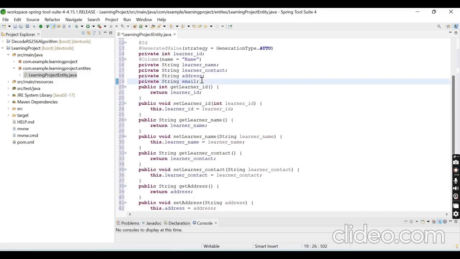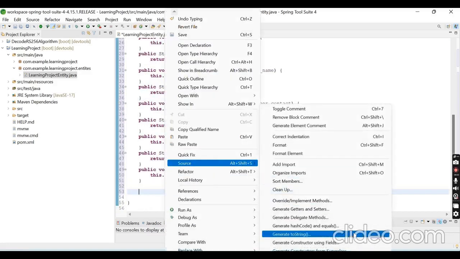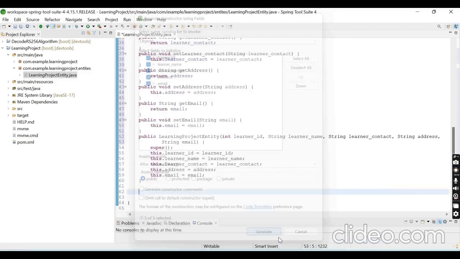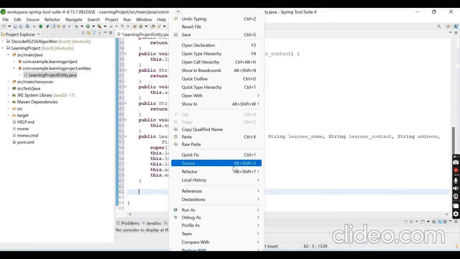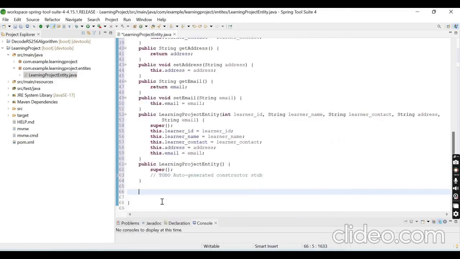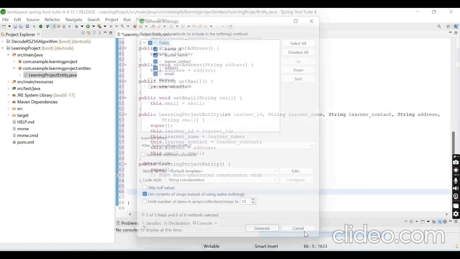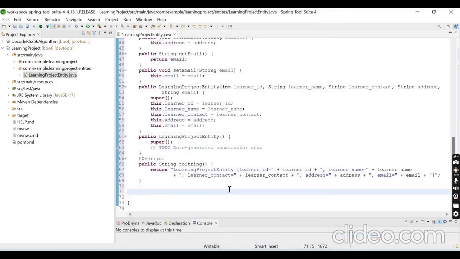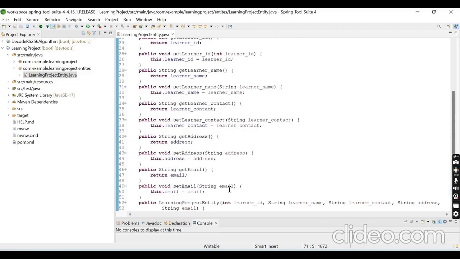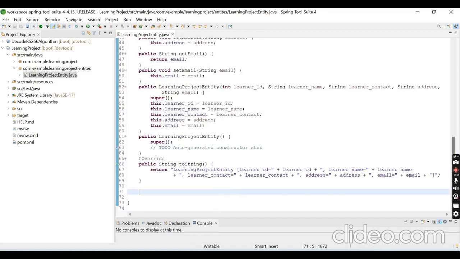You can see this. After that we want one parameterized constructor. We also want the non-parameterized constructor, and one toString method also. After making this, we have